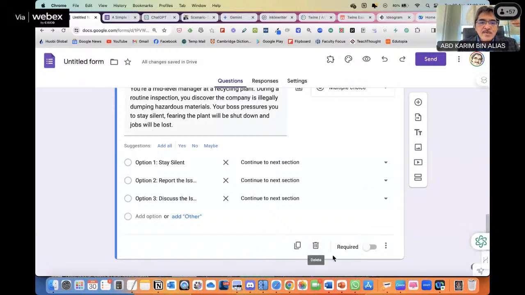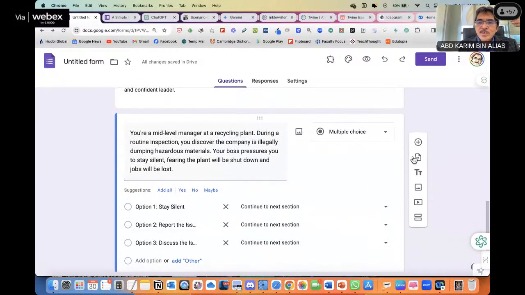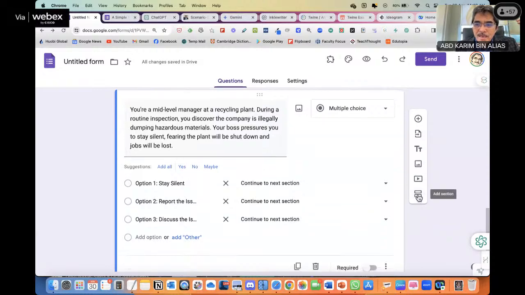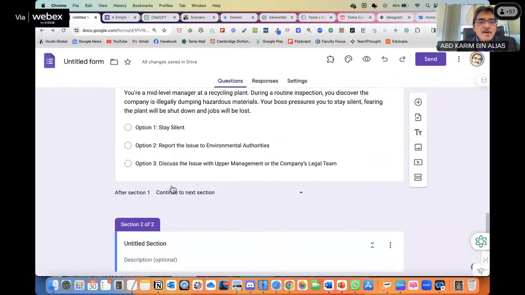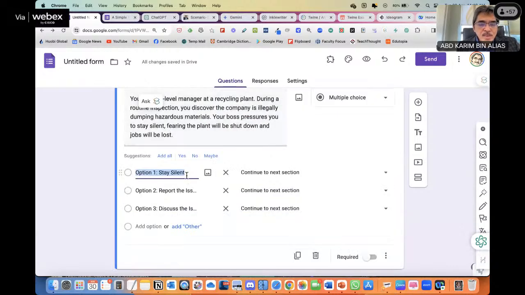So let's create another section. How do we create a new section? Here, add section. Then section number 2 is for option number 1, which is stay silent.